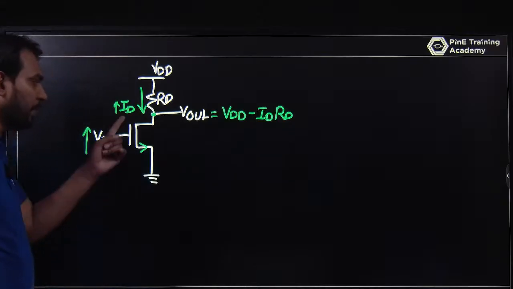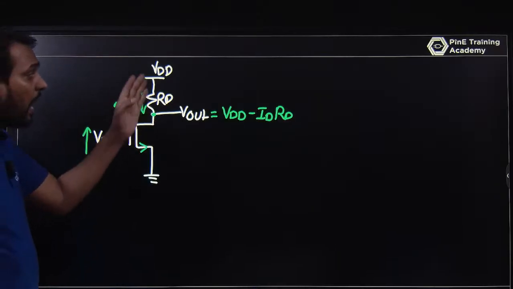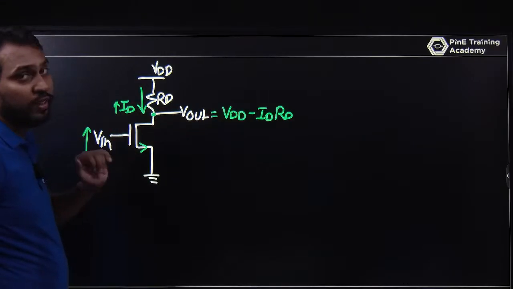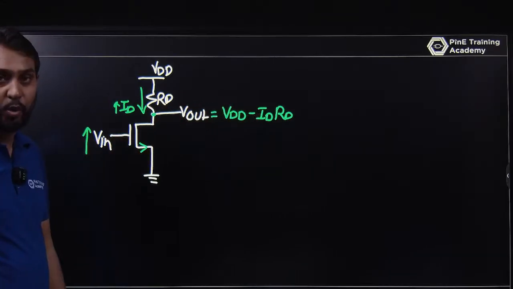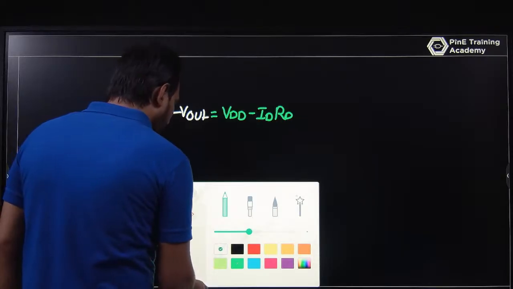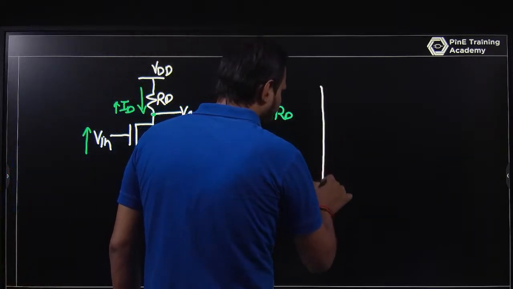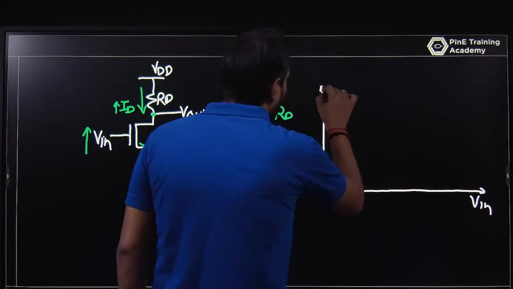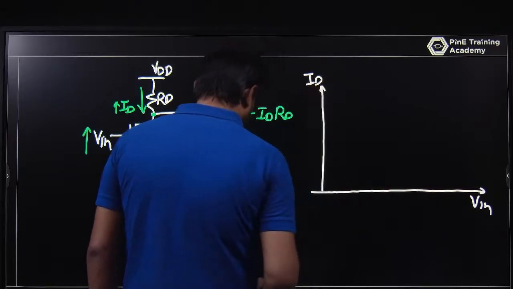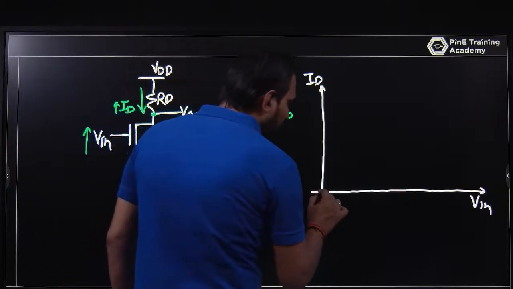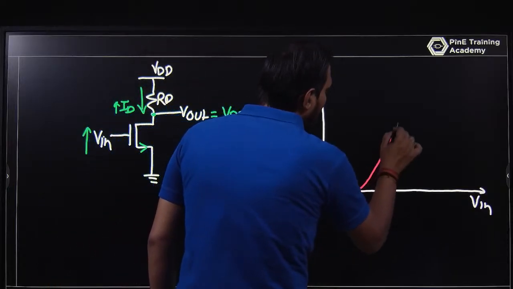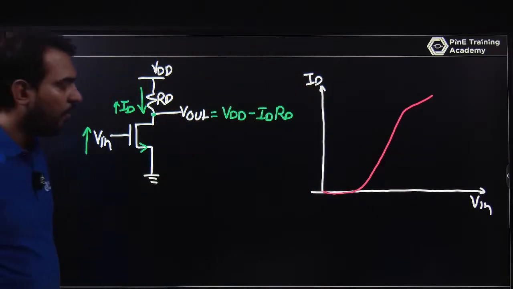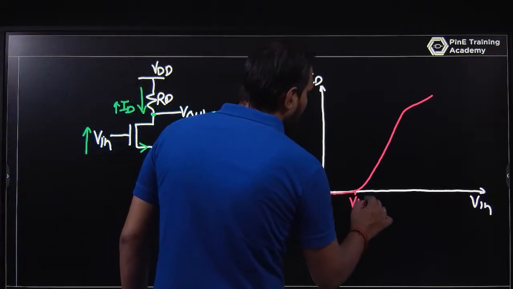So basically, as the input voltage changes, your output is decreasing. Why? Because RD is fixed, VDD is fixed, but ID changes with respect to the input voltage. Just think of it this way: you have an input voltage, that is the gate voltage, and you have ID. As the input voltage changes, your current goes like this. Is it okay? So after VT the MOSFET is in the saturation region,